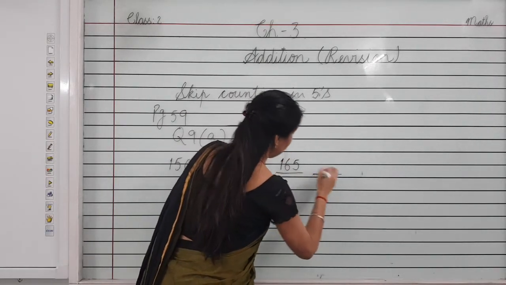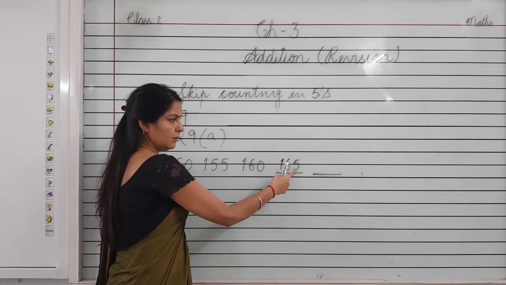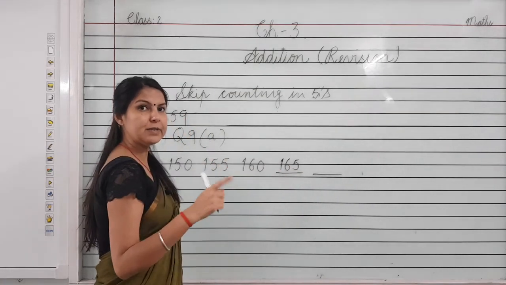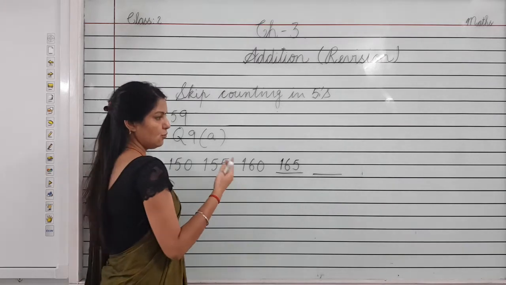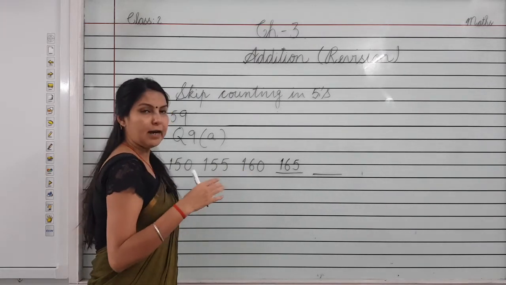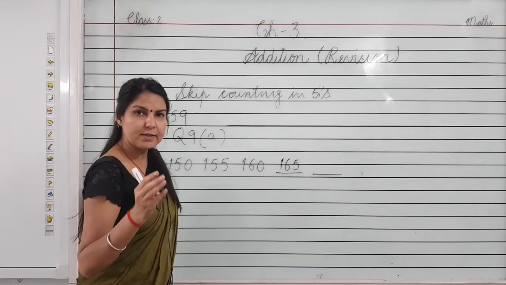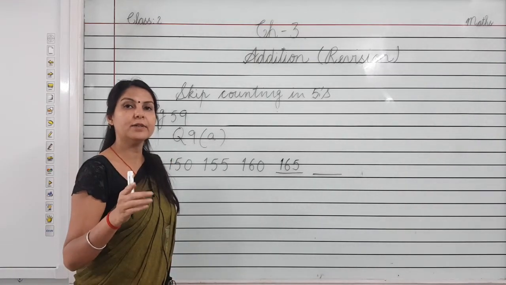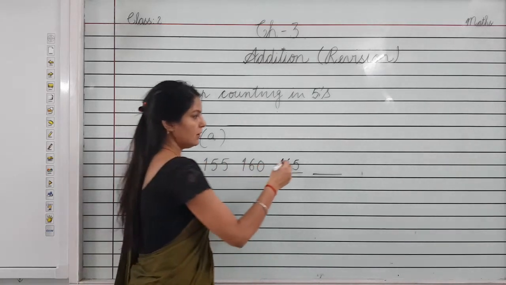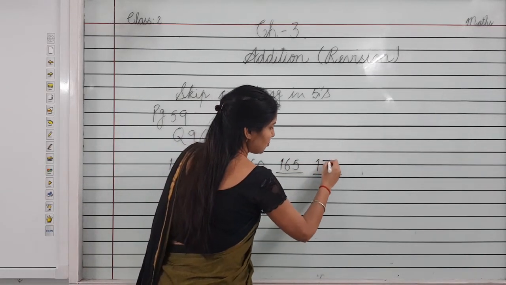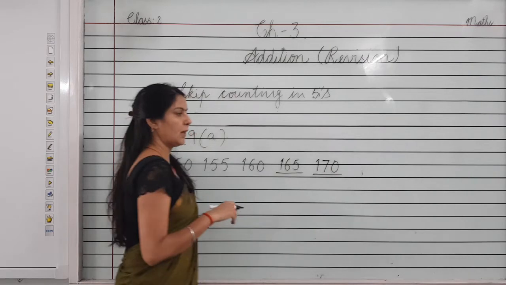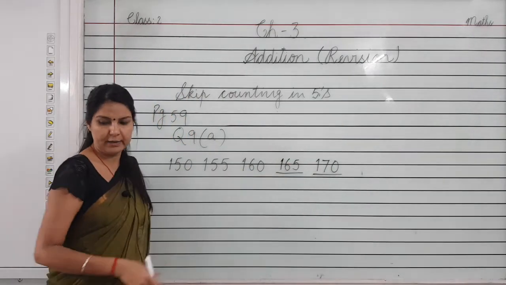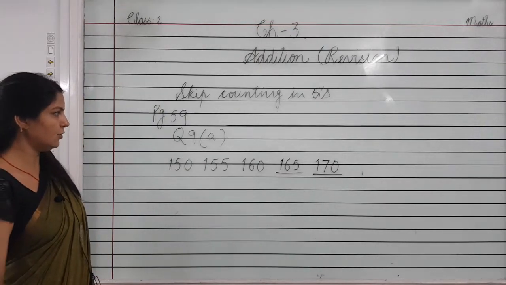After 165, here we have written the number which is ending with 5. Now we will write the number which is ending with 0. So start counting after 165: 166, 167, 168, 169 and 170. This number is ending with 0. So we will write 170. And you can check in another way. You can leave 4 numbers and write the fifth number on the blank place. I hope you have understood.